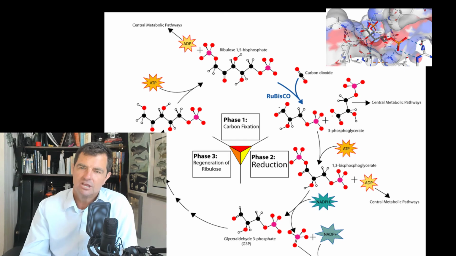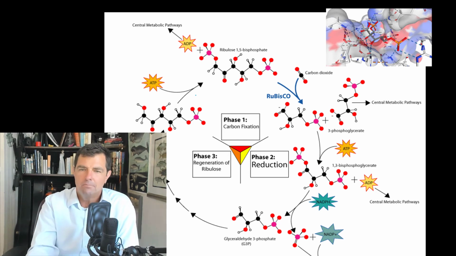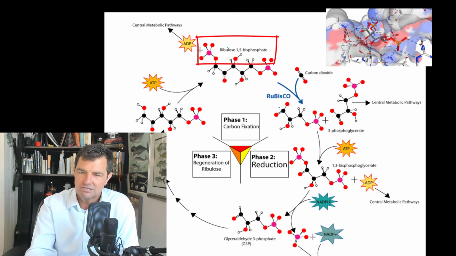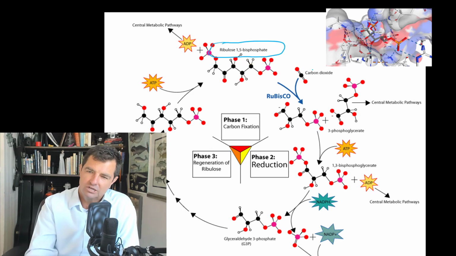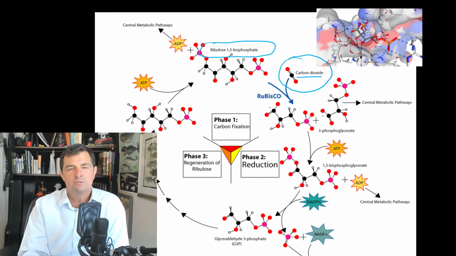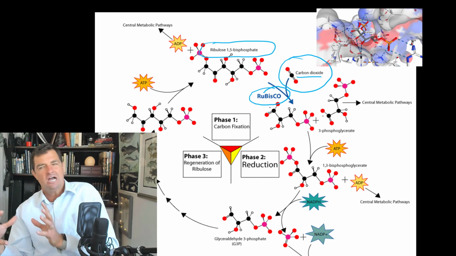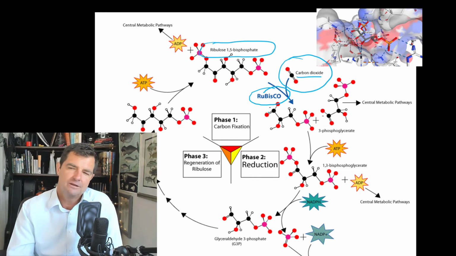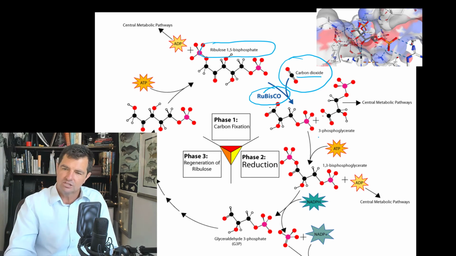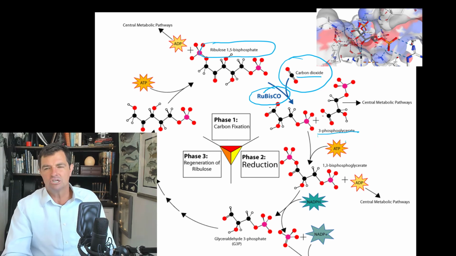In the dark reactions, we're going to take a molecule that is called ribulose 1,5-bisphosphate here, and we're going to take carbon dioxide. That sounds familiar, maybe that's one of the outputs of cell respiration, and we're going to use this enzyme that we call Rubisco. And Rubisco is going to be our enzyme that allows us basically to attach the carbon dioxide to this molecule that we're building here. And we're going to make these 3 phosphoglycerates, and then we're going to use our ATP up.